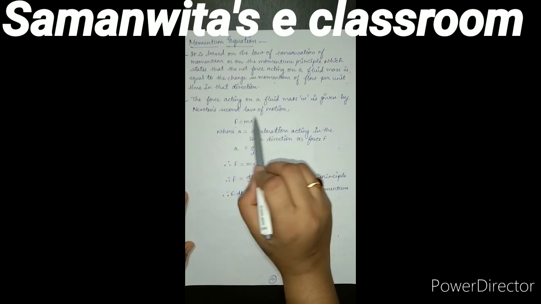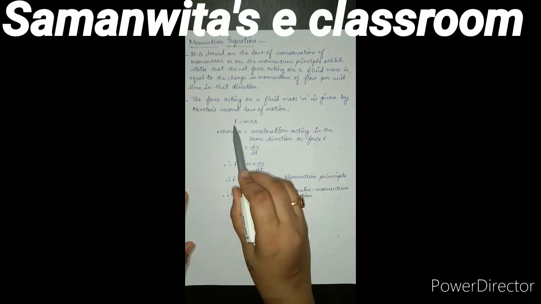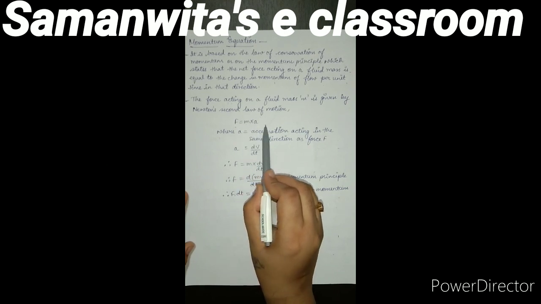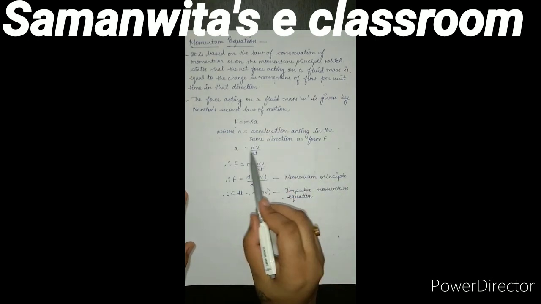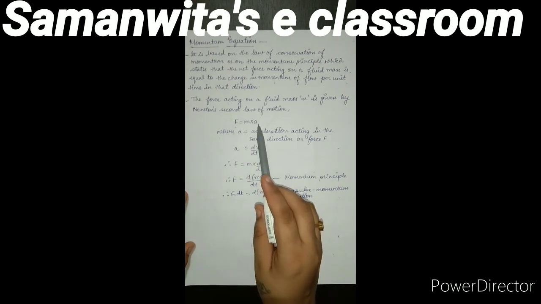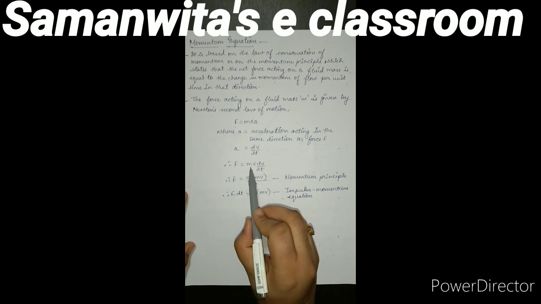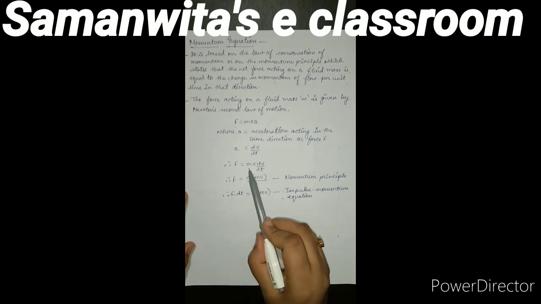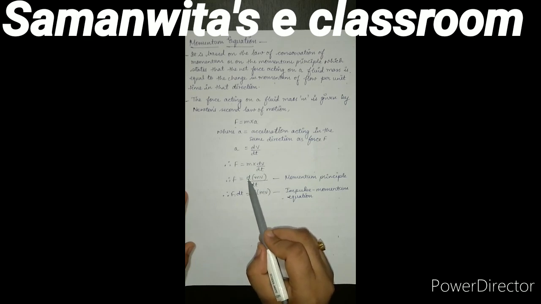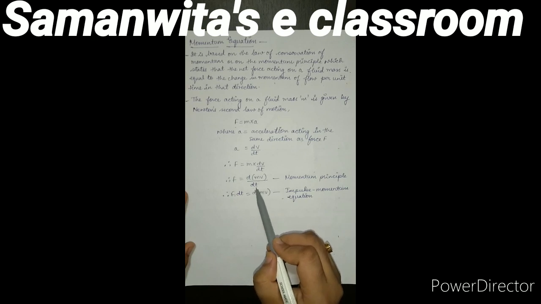It is nothing but Newton's second law, which means that the net force acting on the body is equal to mass into acceleration of the body in the direction of the force. For acceleration, the formula is dv upon dt, which is the rate of change of velocity. When I substitute the acceleration value over here, I get F is equal to m into dv by dt. m is a constant term as the mass of the body cannot change, so I can take this term inside the derivative. So here I write d(mv) upon dt.